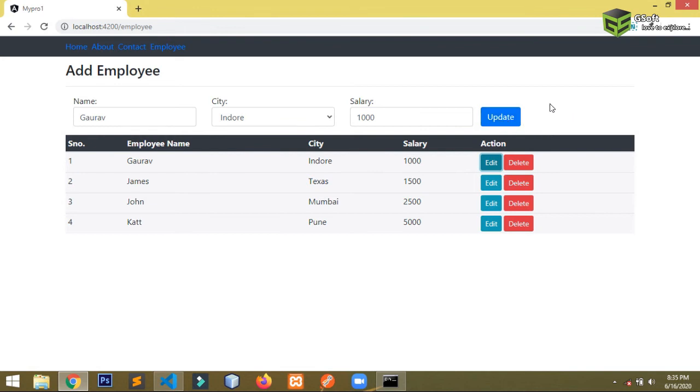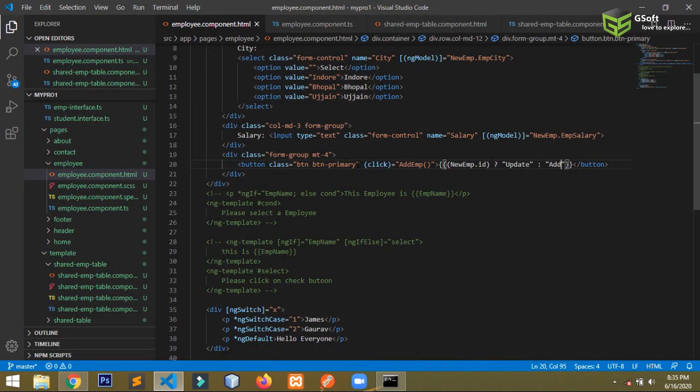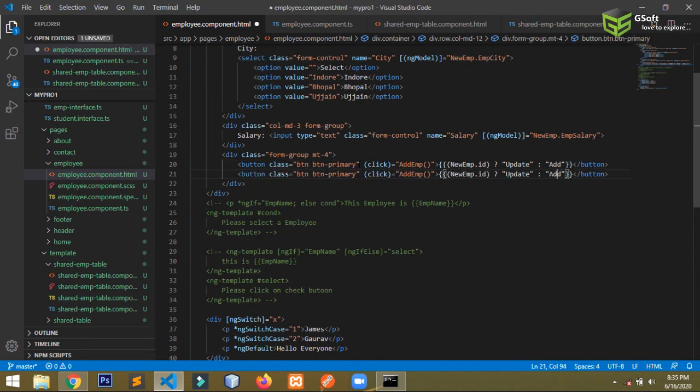So I will create one more button for clear here if I want to clear the data. I will just write clear here.